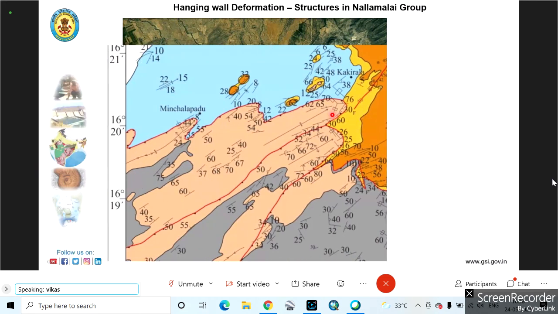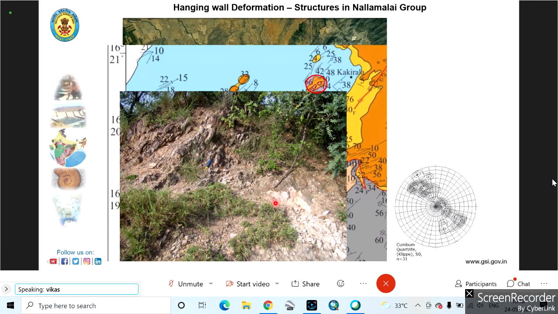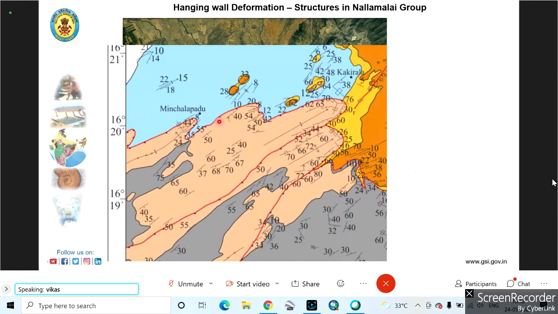Yeah, so this is the same thing you can see. We have interpreted that fault or thrust line, you can notice by the red line. Next, please. I'll try to show you the photographs. Just go back a bit. Yeah. In this one, you see some small outcrops in the northern part of this orangish shade, where these yellow colored small outcrops are, just west of Kakirala village. Yeah, that's this one. This yellow patch, over it some quartzites are there.